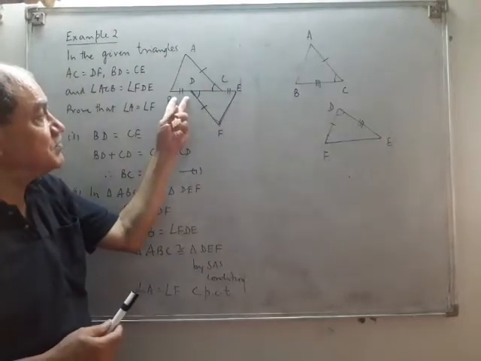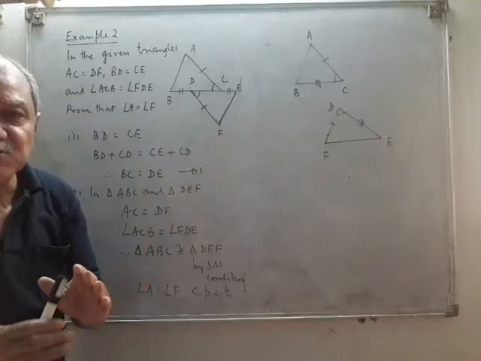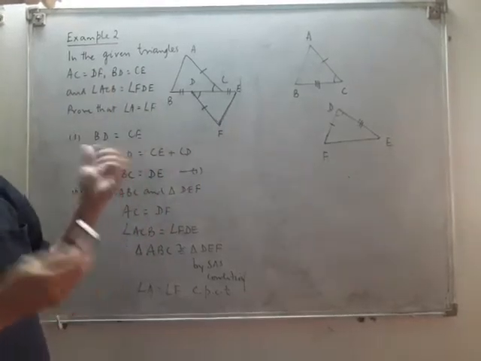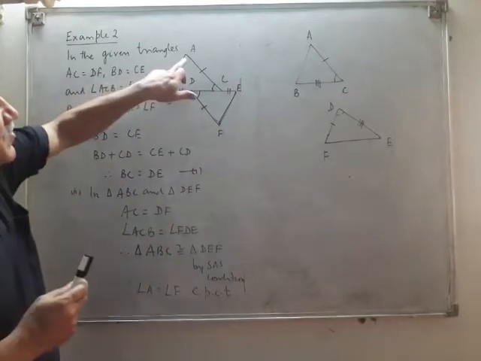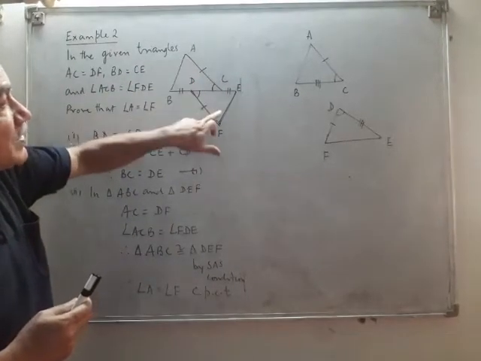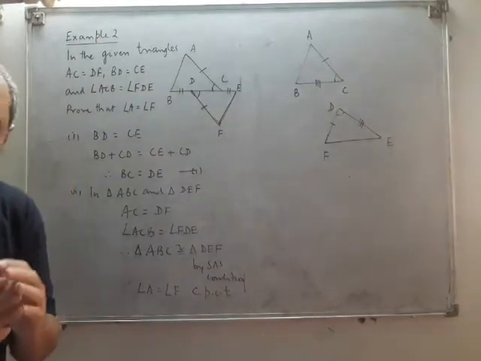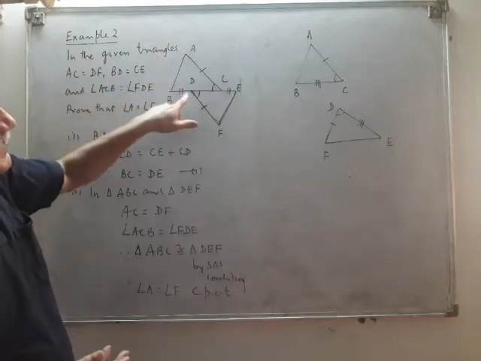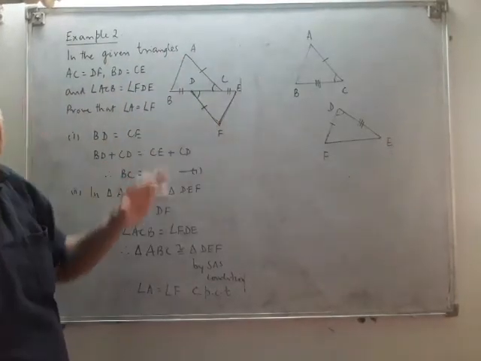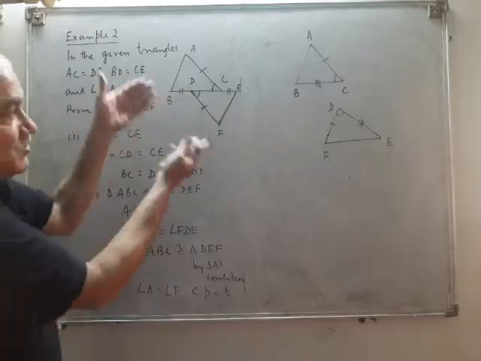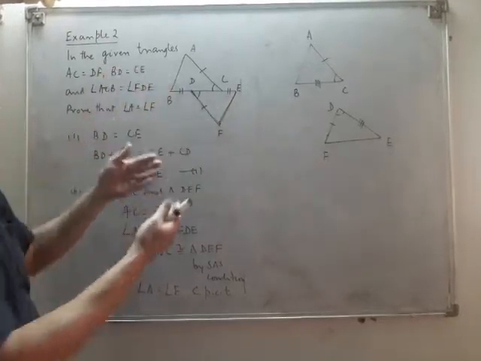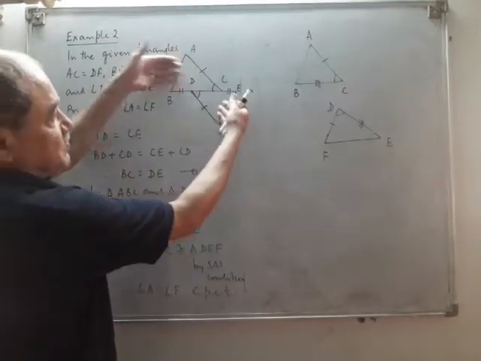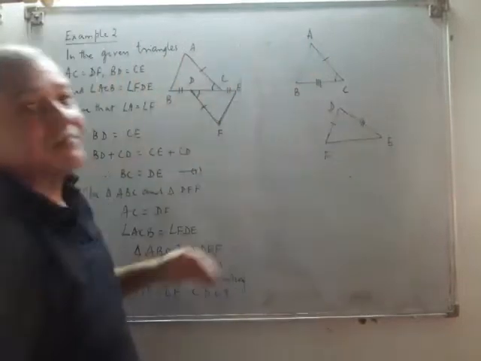Now if you observe here, BD and CE are not parts of any triangle. They don't belong to any triangle. We have to prove angle A equal to angle F. So first of all, we need two triangles. We have triangle ABC, and the second triangle DEF. Now, when you have a figure like this where the two triangles are merged, you are free to separate the two triangles and indicate them separately.